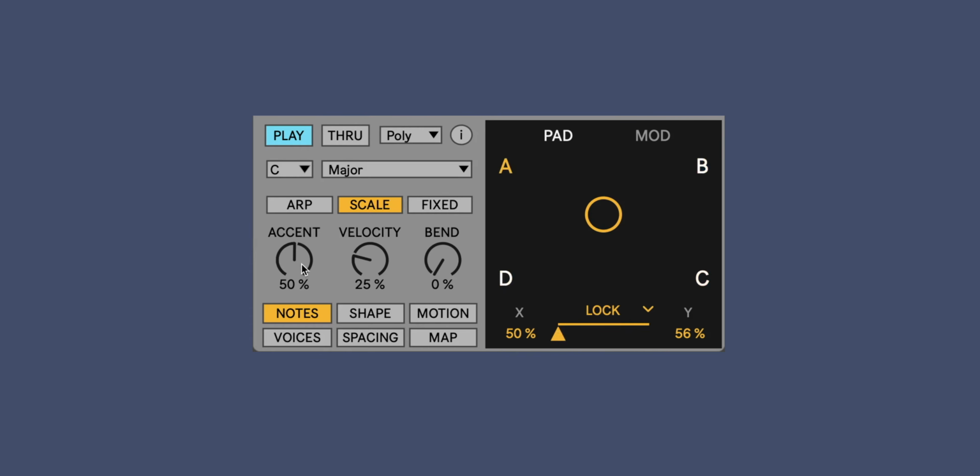This parameter is only useful if you've got your MIDI instrument set up to receive velocity and receiving it in a way where it impacts the actual amplitude, the final output of the device. The velocity parameter determines how much of the XY pad's position influences the output velocity of your MIDI instrument. So if I have this all the way up and I'm in the corner here like I am with A,